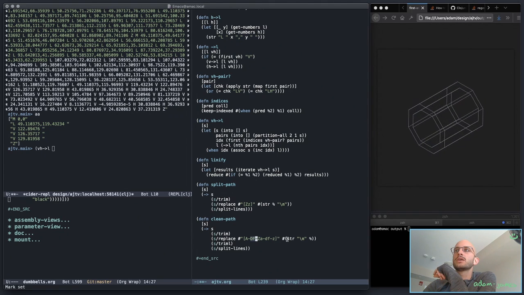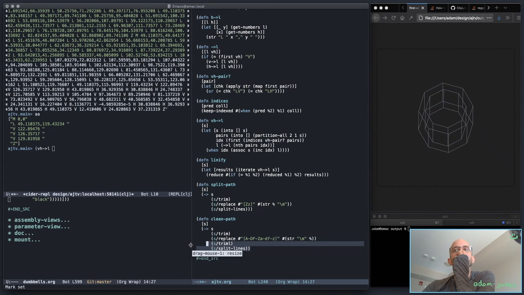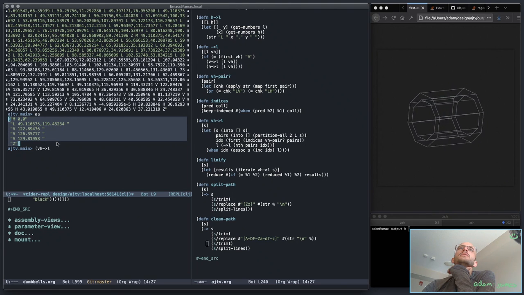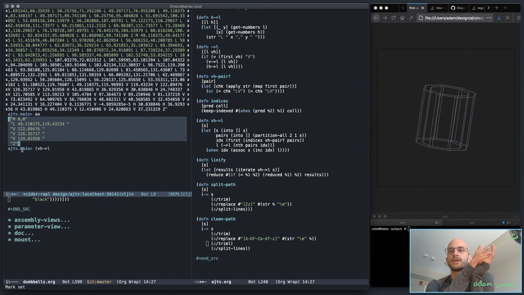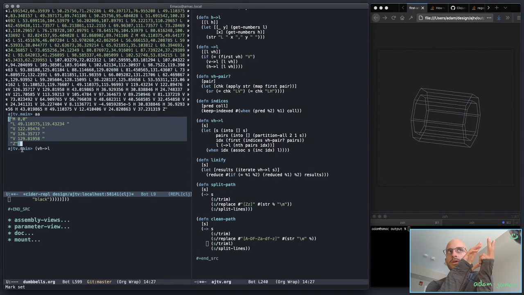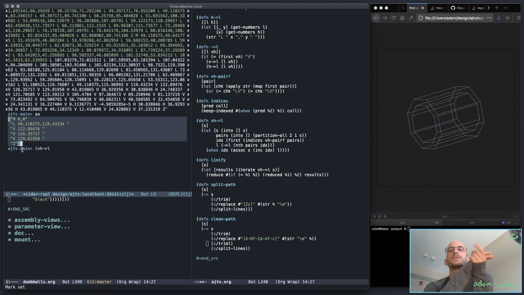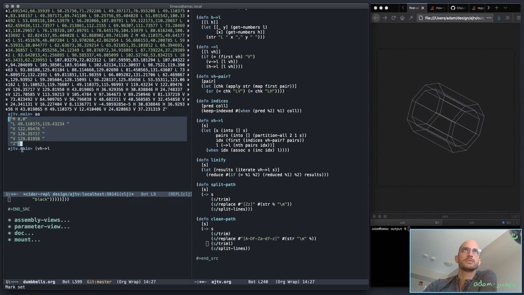It replaces it with itself plus a new line, and then does another trim, and then does a split lines, so that I get every element in this list from the split lines. Each will start with the letter, the command, so an M or a V or an L or a Z, and then it'll have the numbers associated with that argument. So that's a pretty useful structure. What I do then,